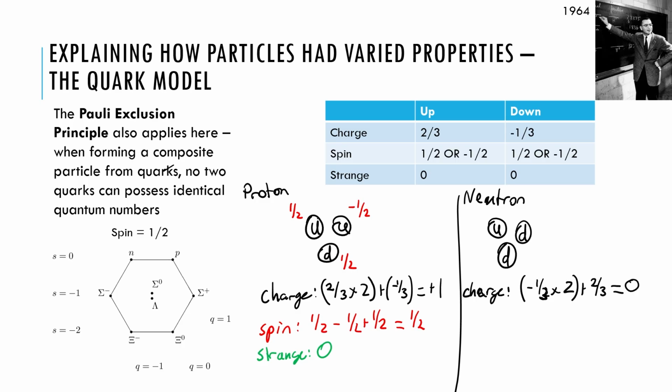The solution for our spins is going to be similar to our solution for the protons. Again, if we have two down quarks, the only way to make the two satisfy the Pauli exclusion principle is to give one a spin of 1/2 and the other a spin of -1/2. And if we want our neutron to have a spin of 1/2, as is shown in our diagram, that's going to mean that the up quark has to have a spin of +1/2. Combining all of these together, we should get a total spin of 1/2.